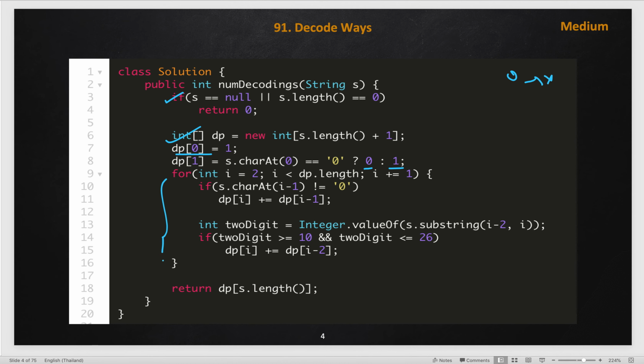Then we will process this from i equals 2 and go up to the dp length, and here we will update: if character not equals 0, then dp of i will be dp of i added with dp of i minus 1. This is for taking a single digit first, and here we will take the 2 digits and check if it lies between 10 and 26. Actually, this 10 is not needed; if you do it with 26 only it also works. Update it and do this till the length of the string, and in the end we will get the answer, the number of ways, at index n. We will return dp of s.length. So, this is the solution.